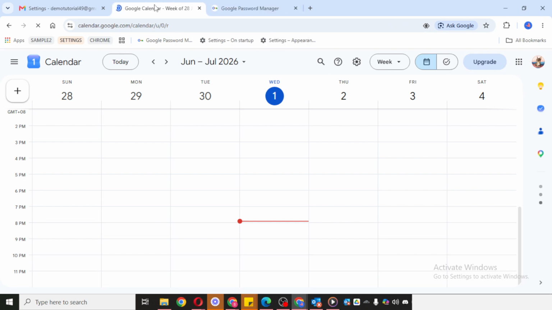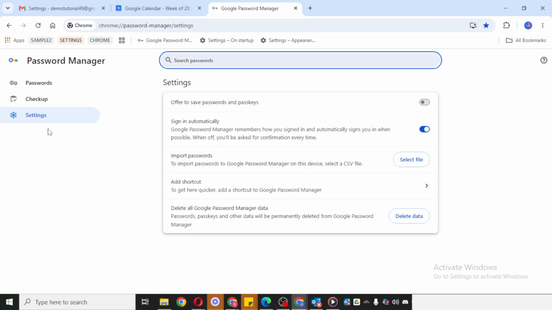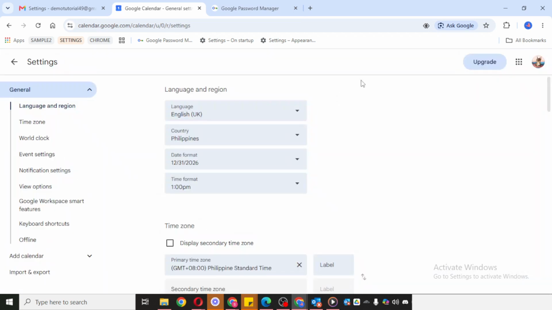Start by opening Google Calendar in your browser. Once you're there, go to the Settings area. This is where Google stores the sharing and integration options for each calendar you use. After you open Settings, look for the section called Integrate Calendar. Click into that area, because this is where you'll find the link needed to connect your Google Calendar with other apps and services.